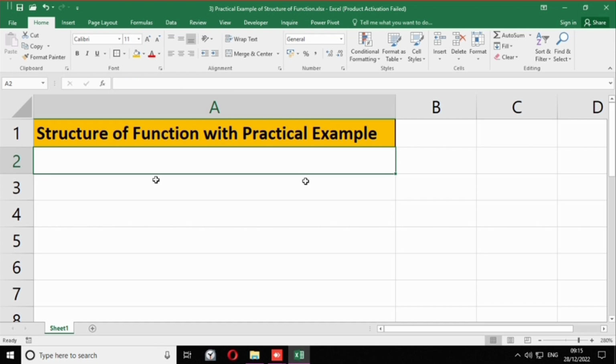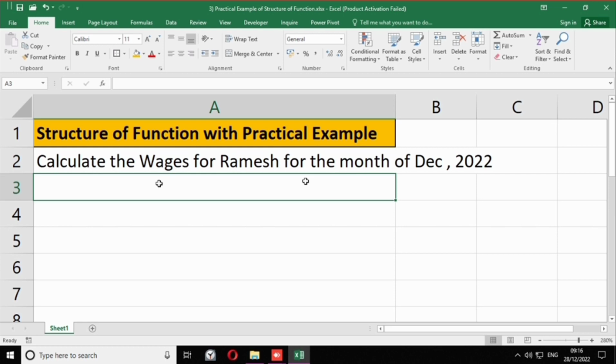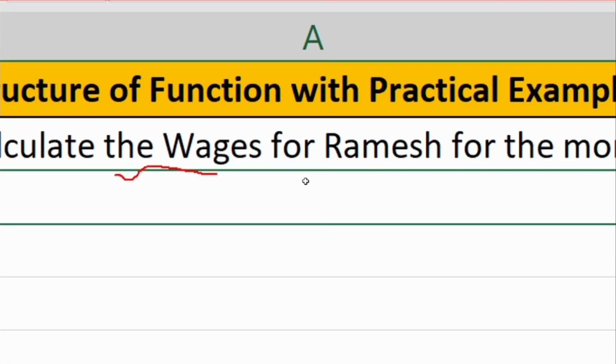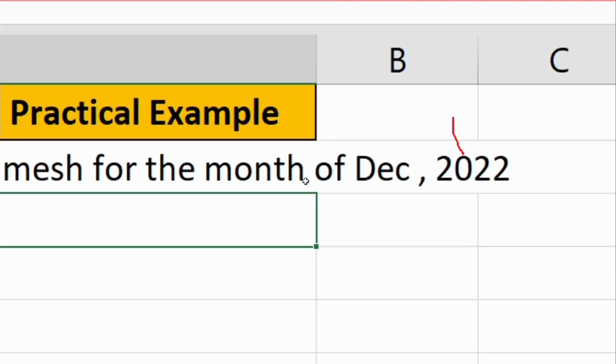So I am taking one of my tasks: calculate the wages for Ramesh for the month of December 2022.